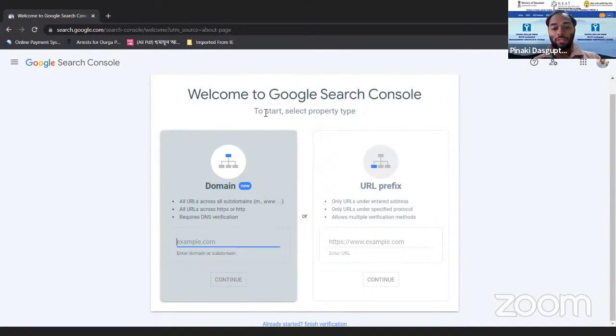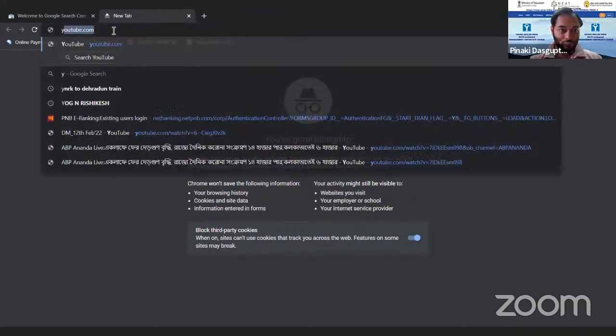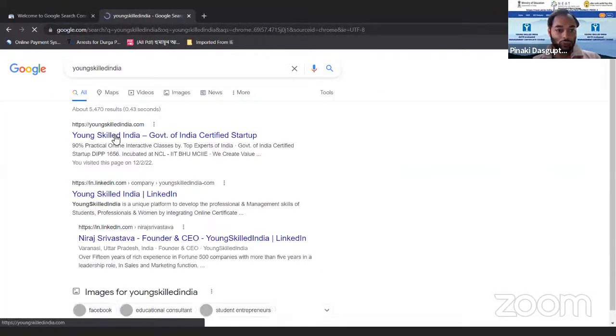There are two ways to add a website in Search Console. One is the domain verification method. Another is URL prefix. Domain verification is a complex thing, because in that case you have to add a domain.